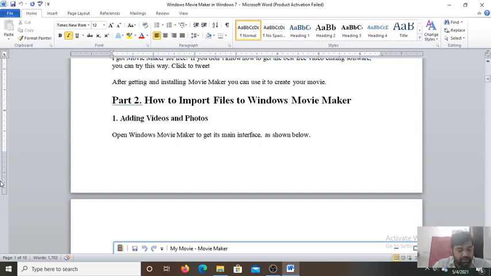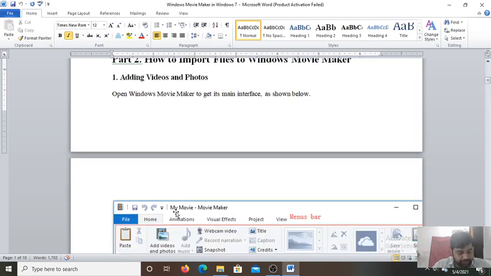Next, outline on text. Outlines can be added on text elements to improve visibility and appeal. You can change the border and appearance of the text outline, and modify the outline color and size as per your requirement. The next feature is proxy video. Movie Maker allows you to use a lower resolution video for preview purposes.